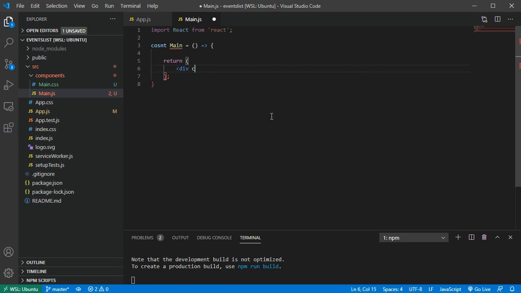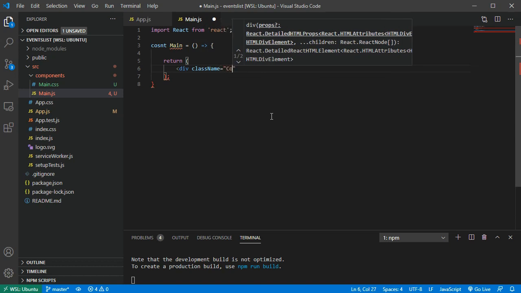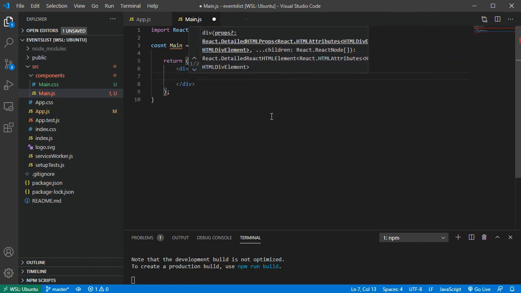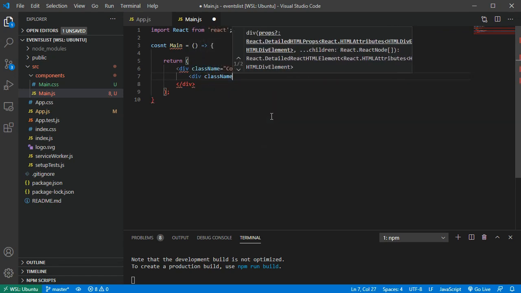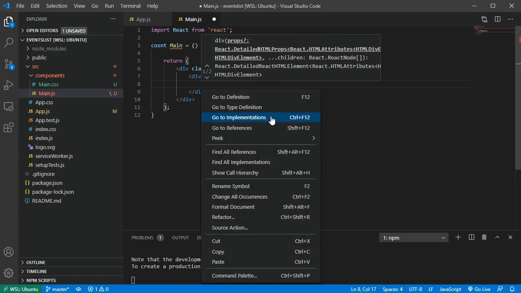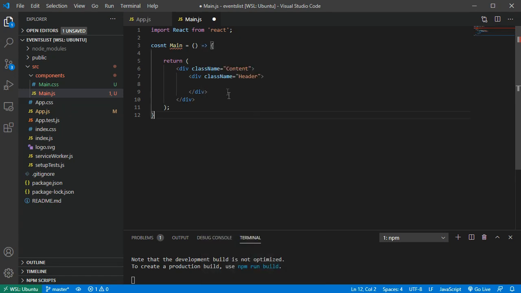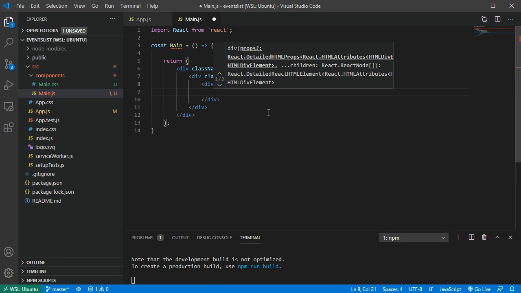So we have div class name content, and then here we have a div class which is the header, so we have div class name header, and then here we'll have another div which is going to be the layer, so we have div class name layer. This is where we put the events,